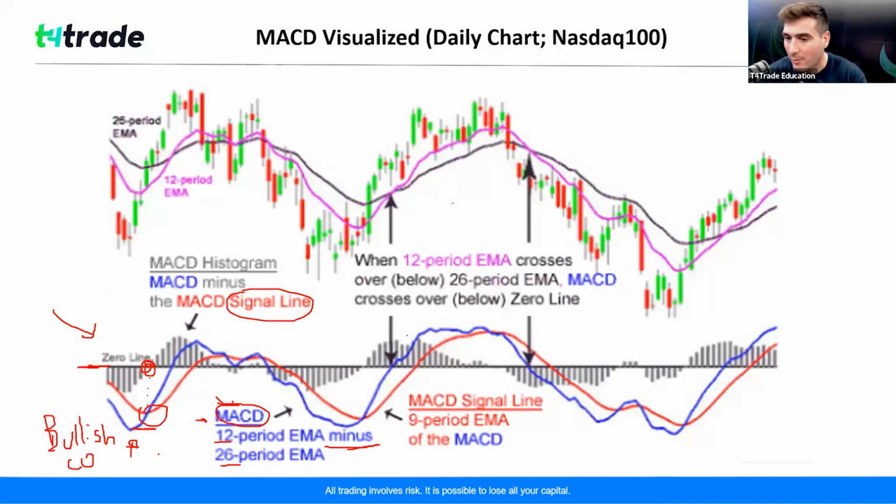Obviously, you are waiting for confirmation. But still, this is an entry signal. This is a buy signal, okay? And the opposite is also true. Whenever you have the blue line, let's take this example right here, crossing below the red line, the opposite in this case, okay? This is a bearish crossover, so that means bearish. That means it's a sell